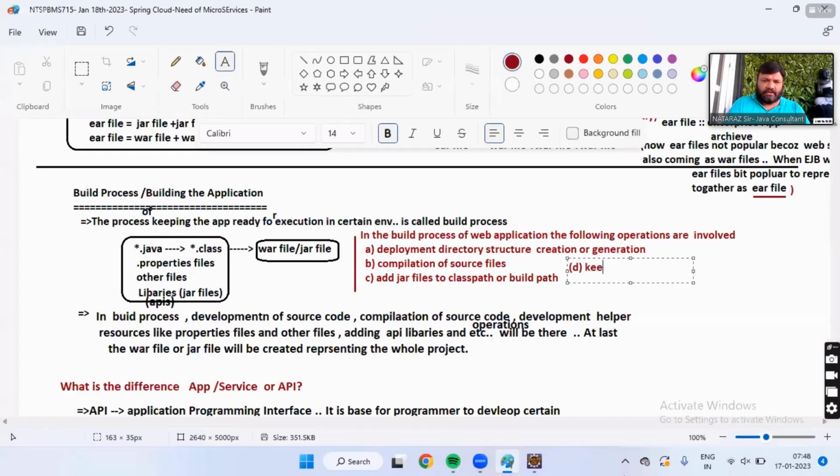D. Keeping jar files in the WEB-INF/lib folder.